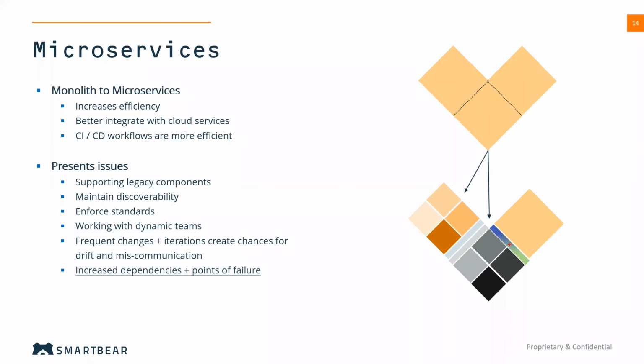So just as a level set, monolith to microservices is a conversation that's been going on for quite a few years now. When we look at these monolithic services, they are kind of clunky. They don't necessarily mesh well with agile development strategies. So being able to break these down increases our efficiency. Instead of having all of our teams on the same sprint cycle, pushing code and changes at the same time, with all of these moving parts coming together in one big bucket,